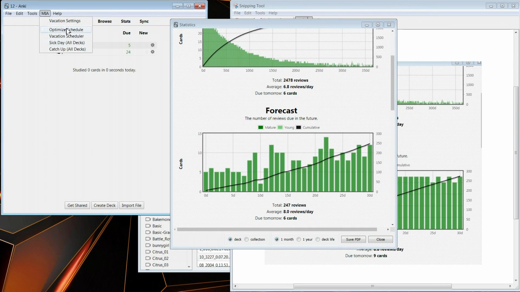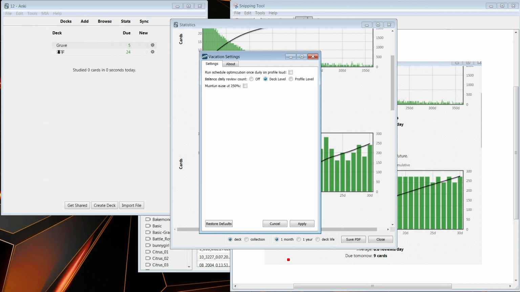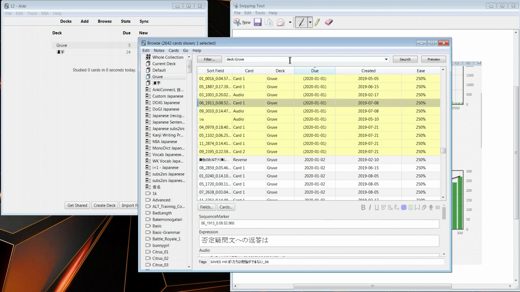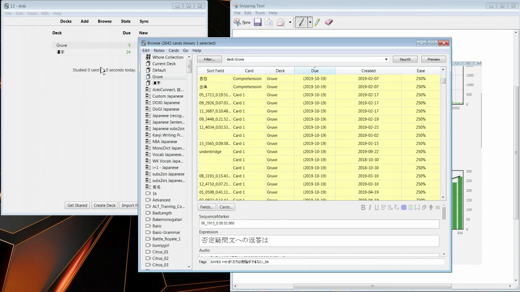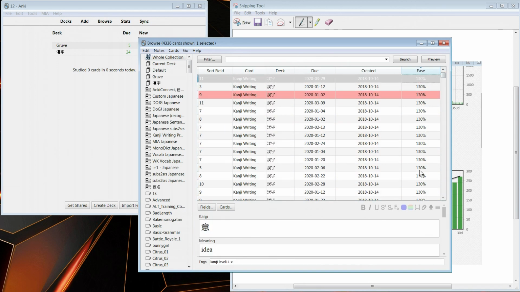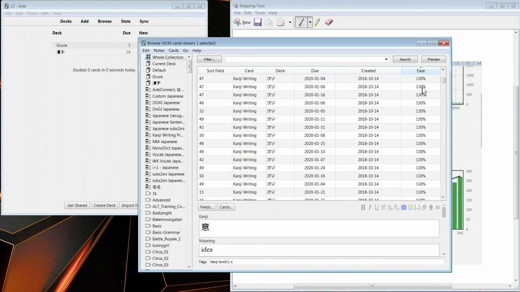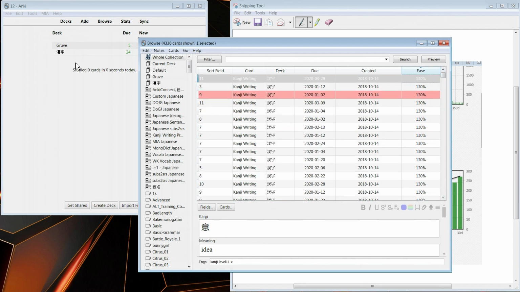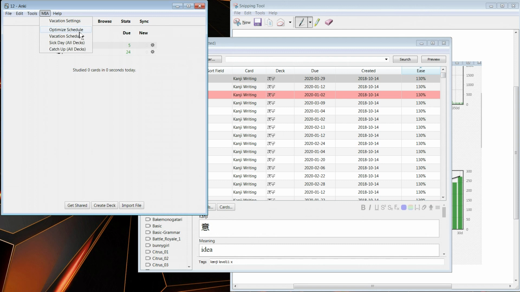Okay, so we can go ahead, and I prefer deck level optimization personally, so we're going to change it back, and we're going to keep it there for the rest of the demonstration here. Now, let's go ahead and undo it again. Actually, not undo it. So this is after we have actually. Let's go to whole collection. Okay, now this is after we have actually optimized ones. You can see that some cards have their eases below, at 130 even. That's pretty bad. So we can see that they haven't been changed, but let's go into